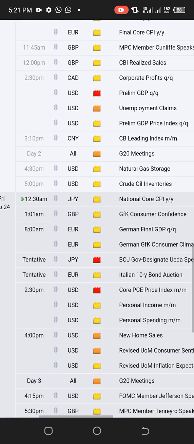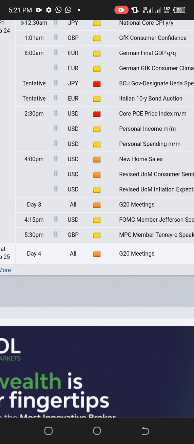However, those ones that are medium impact, that doesn't mean you shouldn't put them into consideration. You can also put them into consideration. But there is more to the red ones than the medium ones and the yellow ones. So you have to put the medium and the yellow impact news, you have to hold them in high esteem. The high impact news, these are the ones you have to put into consideration.